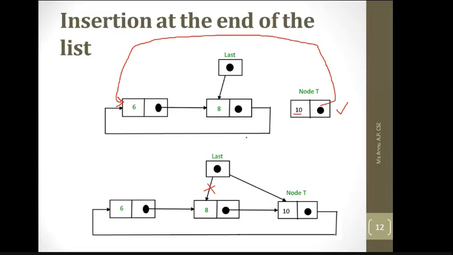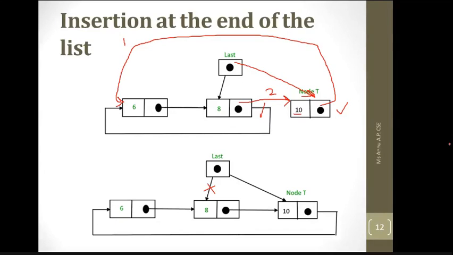The order should be maintained before removing this link or before assigning the address in the 8 next as 10. You first assign the address of 10 next equal to 8 next. So the steps should be followed in this order only. First you need to assign 10 next is head or 8 next, and then 8 next will be 10, the newly inserted node. And once you made this node the last of this list, you need to maintain this pointer at this node only.